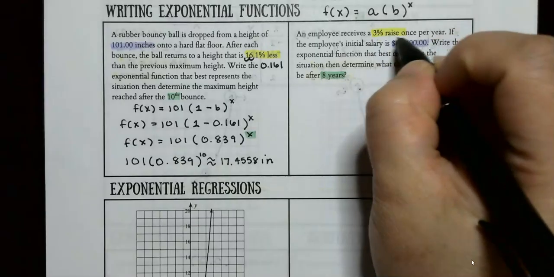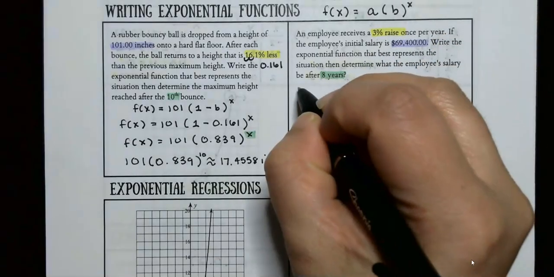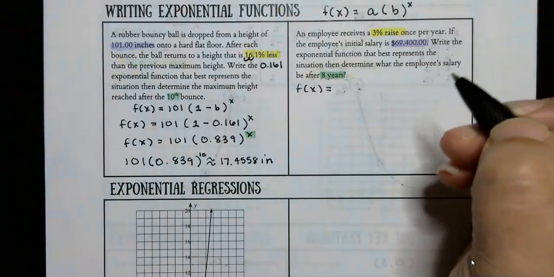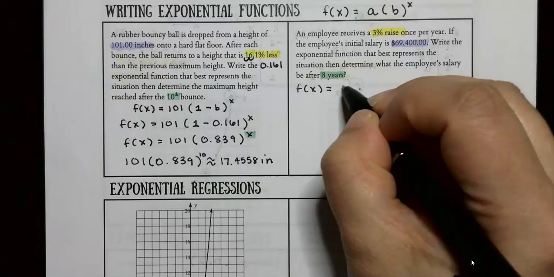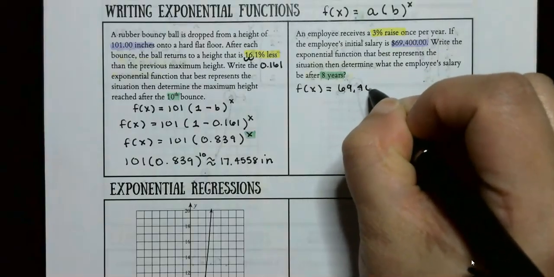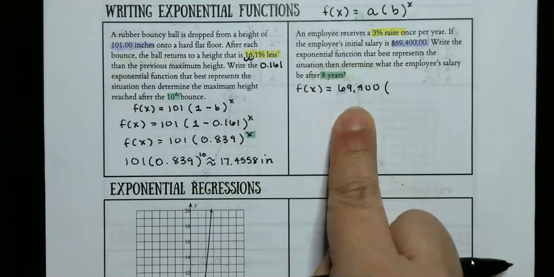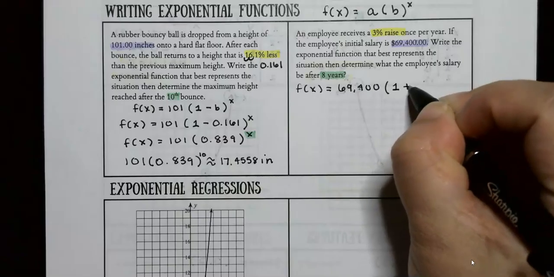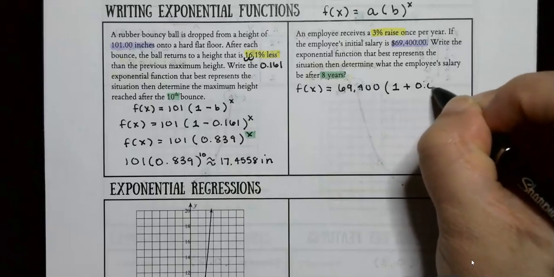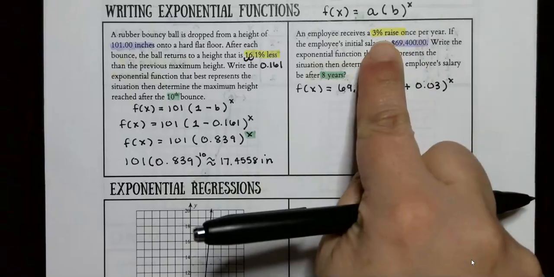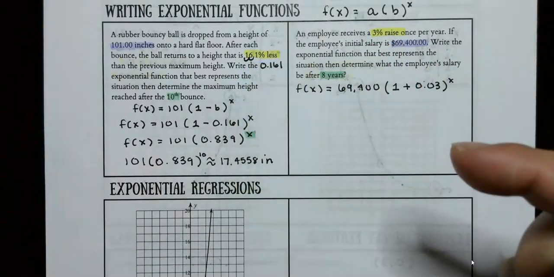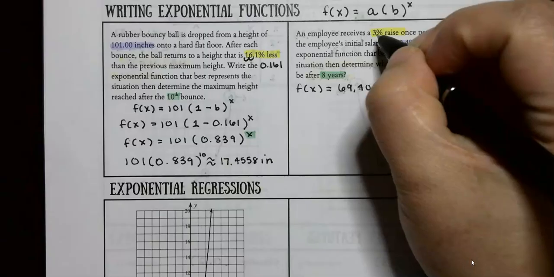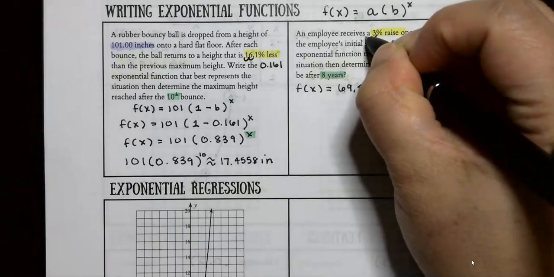So because this is a growth, let's go ahead and write it out. So we know it is going to be, so this number is going to be kind of big. So that is our initial. We're going to say 1 plus 0.03 to the x. And remember, we have to take our percentages and move the decimal place over. So for this one, it doesn't have a decimal, so we know it's at the end of our number. So if we move it over, we would have